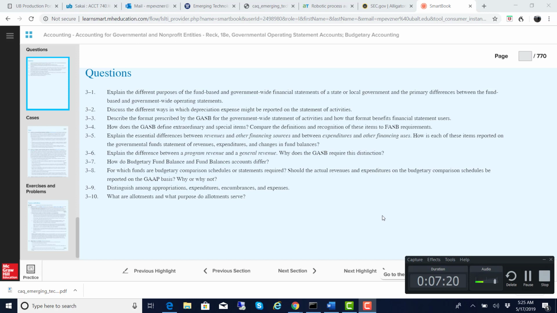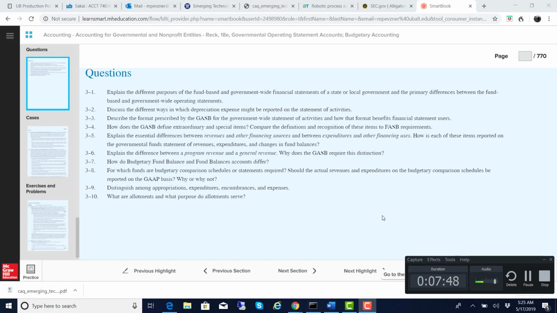The very last line item in the illustration is the change in net position of the government, which is basically the equivalent of net income for the period, which you'd see in commercial GAAP. Government doesn't make income, so we don't use the term. And net position, beginning and ending, is basically a retained earnings equivalent, like the change in retained earnings you'd see in commercial GAAP.